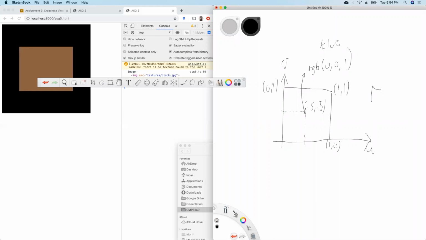It's crazy slow. It's going to be hard to draw a cube here, but let's try. If this is our cube,